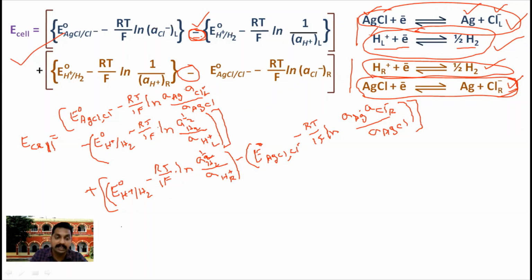तो E सेल इज इक्वल टू हाँ क्या है? E नॉट AgCl टू Cl माइनस RT बाई F Ln। यहाँ पर क्या बचा है? यहाँ एक्टिविटी ऑफ सिल्वर 1 लिख सकता है और एक्टिविटी ऑफ AgCl भी 1 लिख सकता है। बचा क्या है? Ln एक्टिविटी ऑफ क्लोराइड आयन ऑन लेफ्ट हैंड साइड